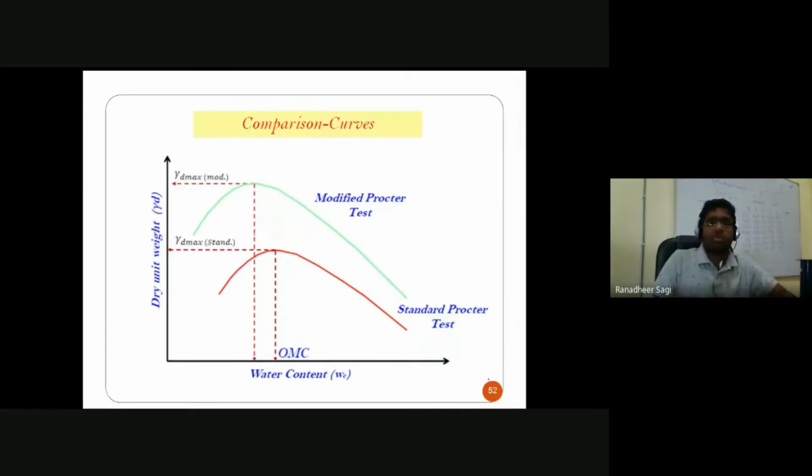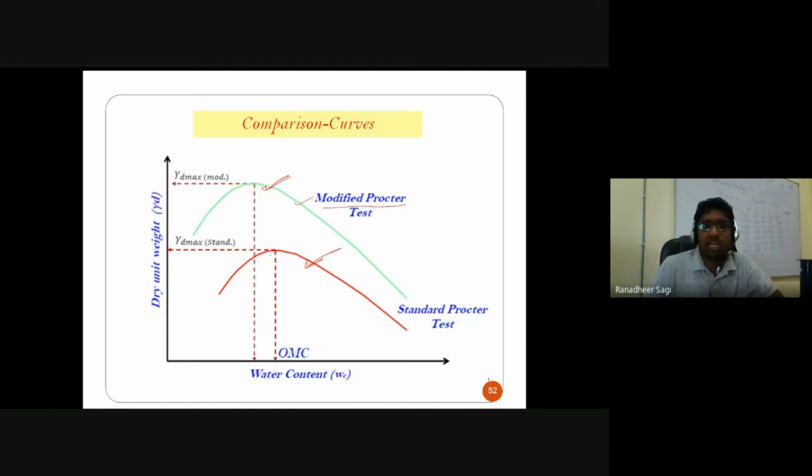So what is the difference between the standard Proctor test and the modified Proctor test? In the standard Proctor test, the amount of compaction effort that we are giving is less when compared to that of the modified Proctor test. We already had similar compaction curves that we have compared, where you had 2 different compactive efforts given on the same soil sample, and we have seen how your maximum dry density varies with regard to its corresponding water content. This curve is for the standard Proctor test, and this compaction curve is from the modified Proctor test.